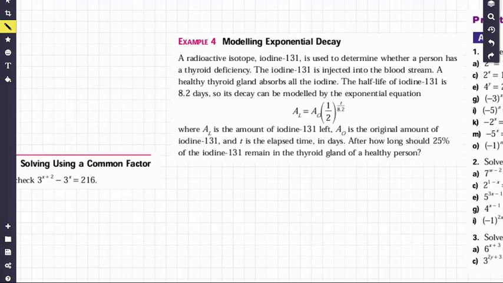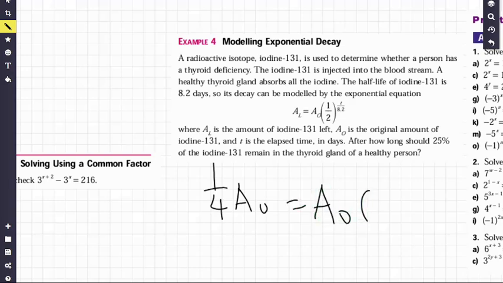Okay, so 25%. Let's start with actually just turning this into a fraction, which is something we need to do because it's hard to work with percent. So we have 1/2. Oh, sorry, 1/4. So instead of AL, we're actually going to have 1/4 of AO. So instead of writing AL on the left side, we're going to write 1/4 because we need 25% of iodine left. So that is going to equal